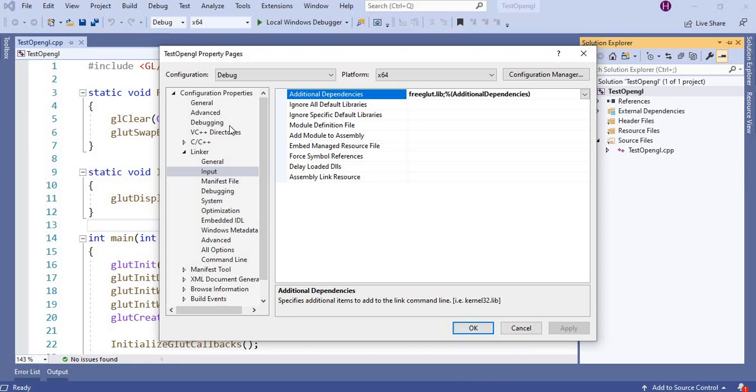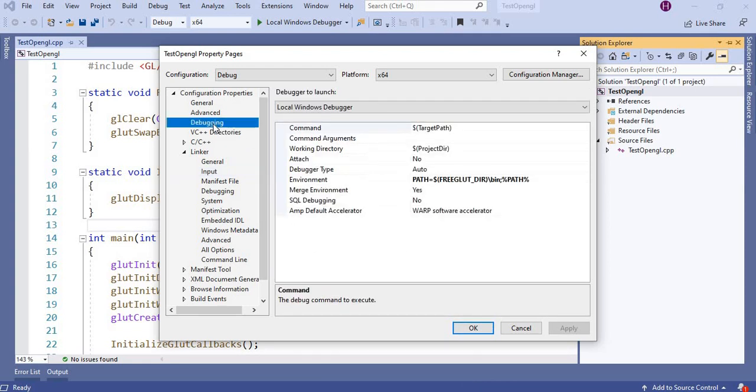Now the last important part, we have to give a DLL path from where we have to invoke the DLL. So go to debugging, because I am debugging it, so I have given debugging. Otherwise you have to choose the other options. Then in the environment option, type PATH equal to your freeglut dir /bin semicolon %PATH%.